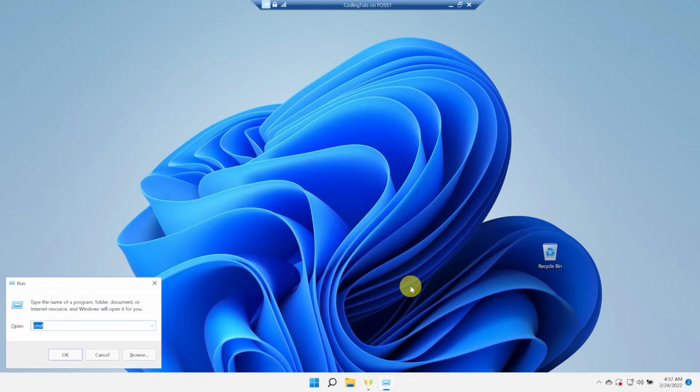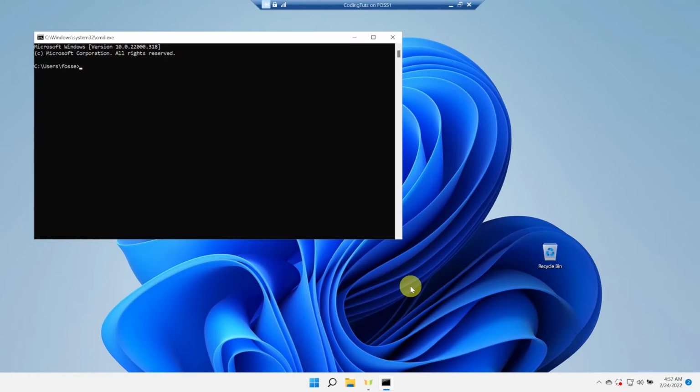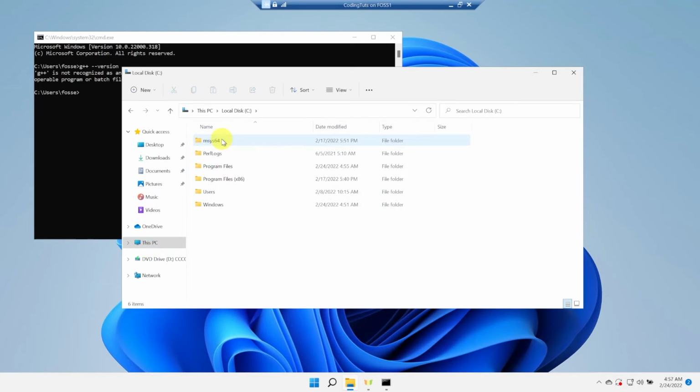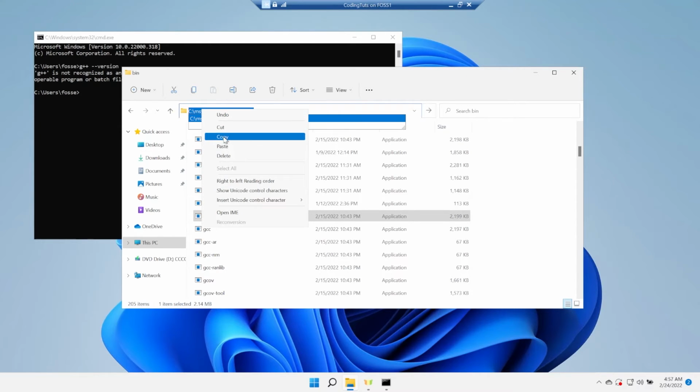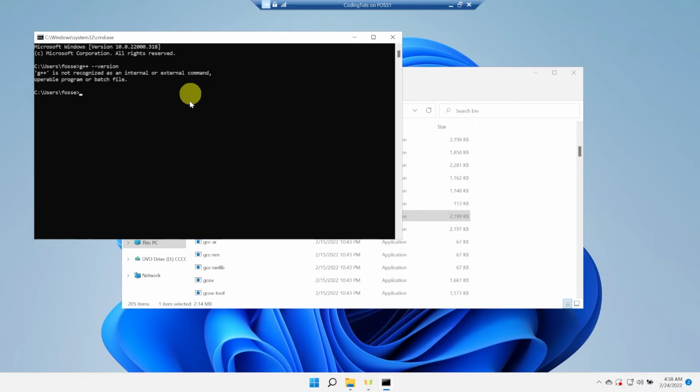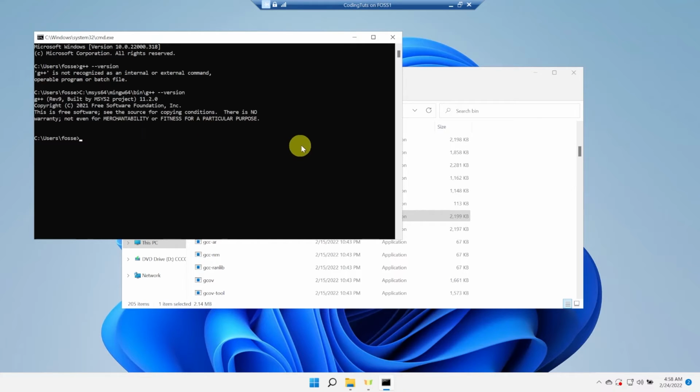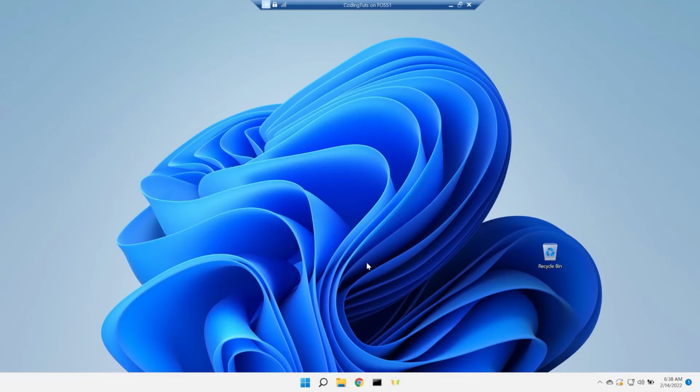Since the C++ compiler that we just downloaded is not a native Windows feature, if we tried to run the command G++ for the compiler in our command window, it would not be able to find the command to run our compiler. What we'll need to do is add our compiler's binary folder into our path in Windows. That way, when we enter our G++ compiler command, Windows will know where to find our compiler executable to create our application. The Windows path is an environment variable